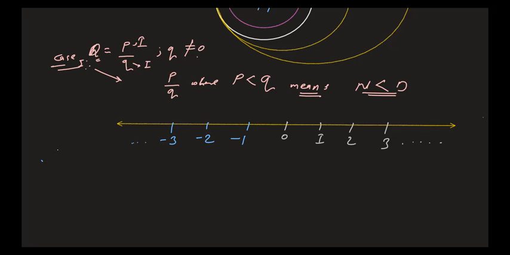Now according to case 1, where the numerator is less than the denominator, I'm taking one example to understand this case. The first is to represent 2 by 5 and -2 by 5 on the above number line. Look at here, students: to represent 2 by 5 on the number line, we divided the unit length between 0 and 1.